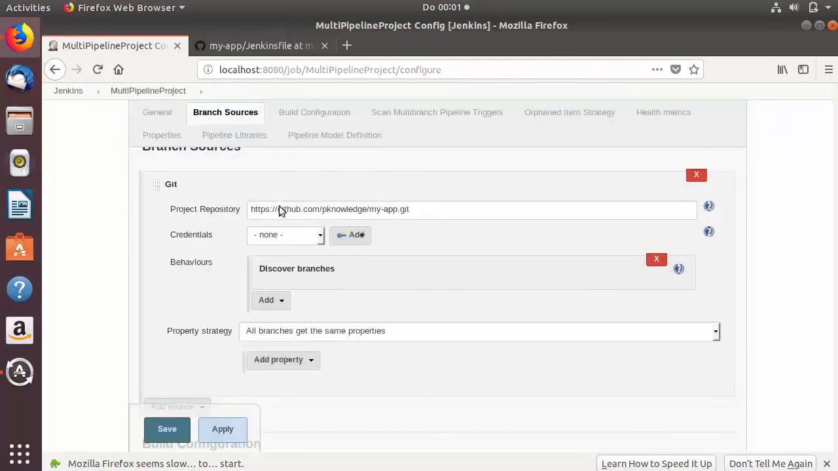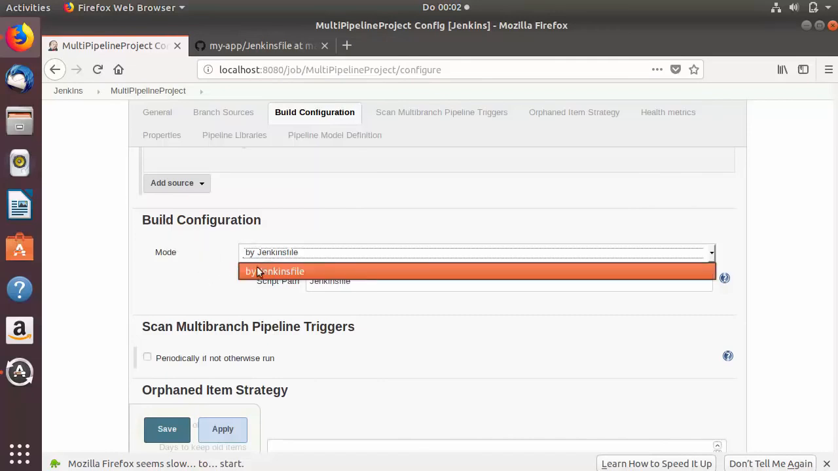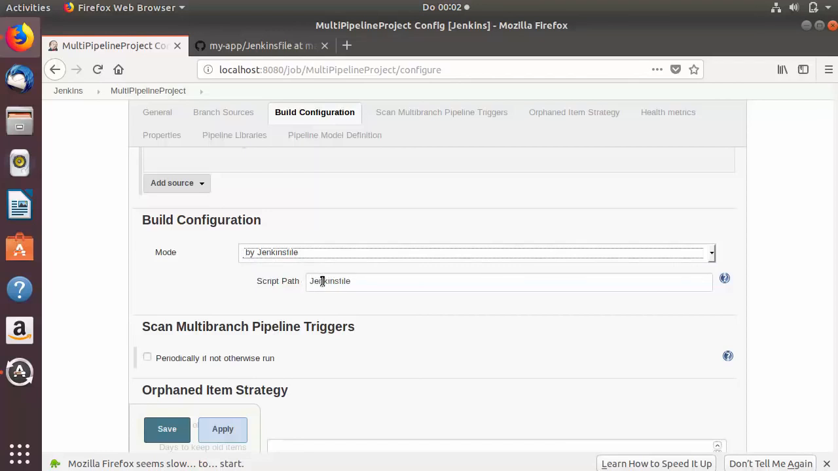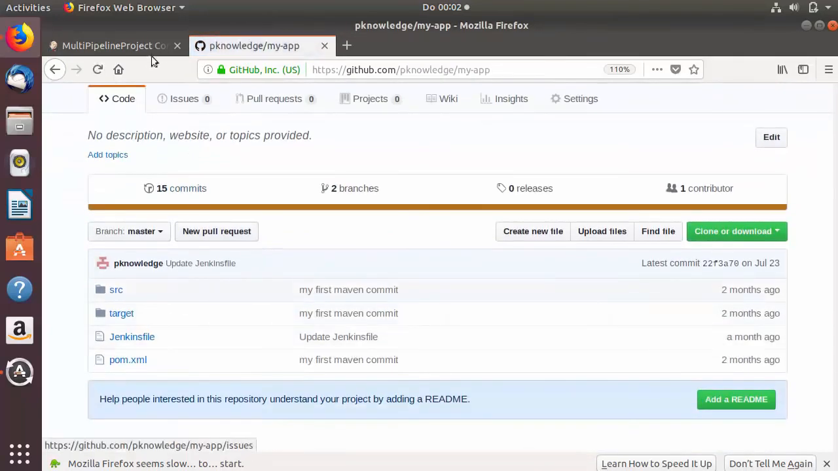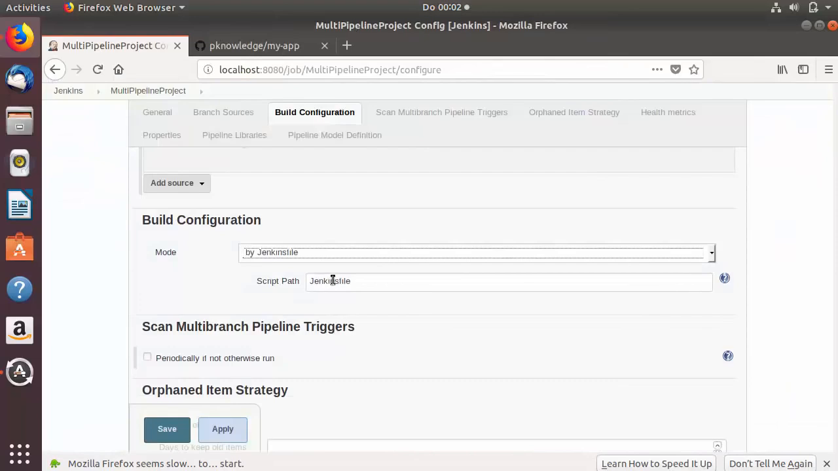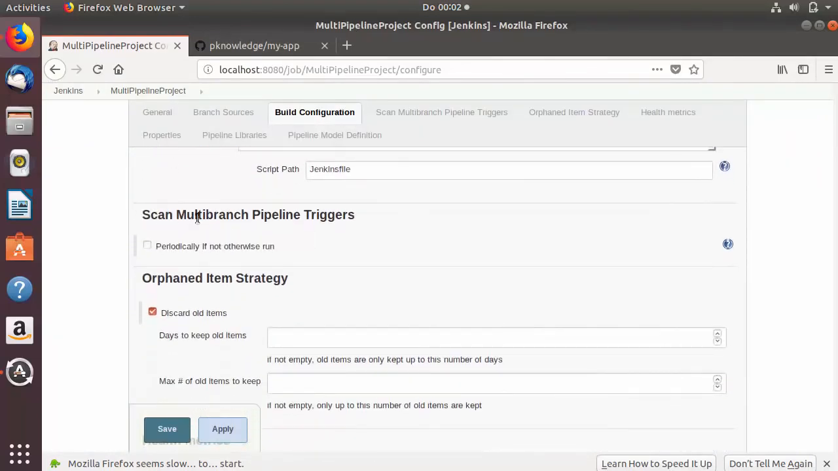And then when you scroll down, you will be able to see this section which says build configuration. And in the mode, you will be able to see only one option here, which is Jenkins file, and you need to provide the path of your Jenkins file here. And because my Jenkins file is on the root directory, I don't need to change the path of this Jenkins file, right? Now when you scroll down more, you will be able to see scan multi-branch pipeline trigger,